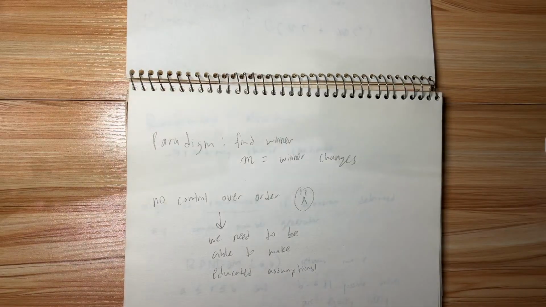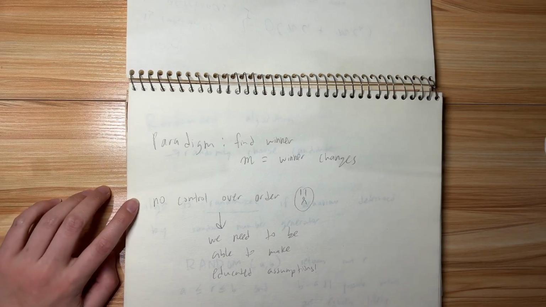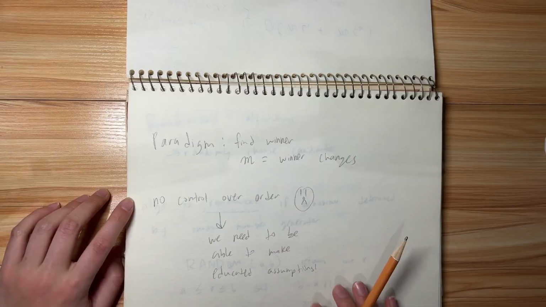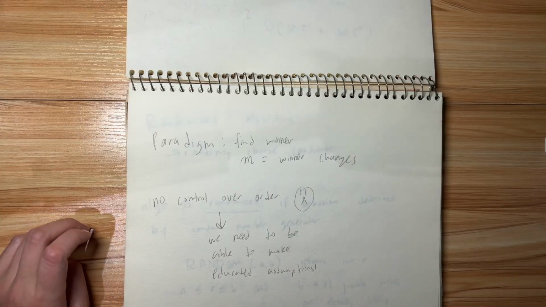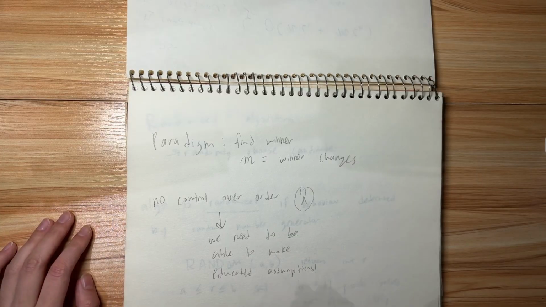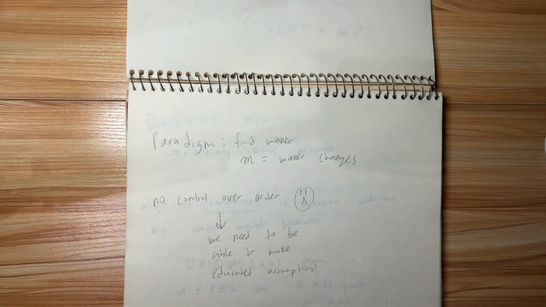So our paradigm for this kind of algorithm is just to find the winner, right? We want to find the best disciple, and we'll just say the variable m is the number of times we change the so-called winner, the number of times we hire or recruit or accept a disciple. Now, importantly, we don't have control over the order in which we receive the candidates, right? We don't know anything about that. We just don't have control over what order the village sends us people. But this is a problem because